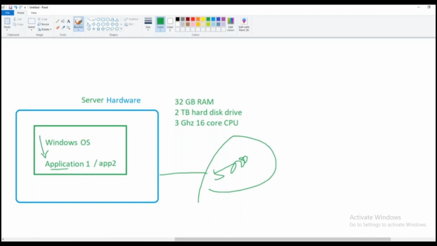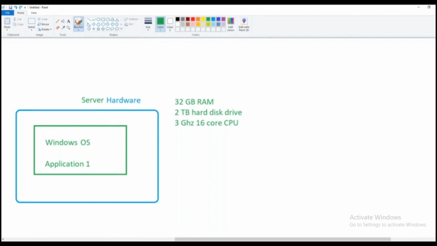Maybe that server takes around 15 to 20 minutes to restart. So servers are not like our laptops, guys. Servers, physical servers especially, take a very, very long time to restart based on the applications and operating system that are installed. It will take at least 10 minutes to restart. So you can imagine 5,000 people not being able to work for 10 to 15 minutes is a big problem. So that's why what we used to do is, we never have two major applications on the same server